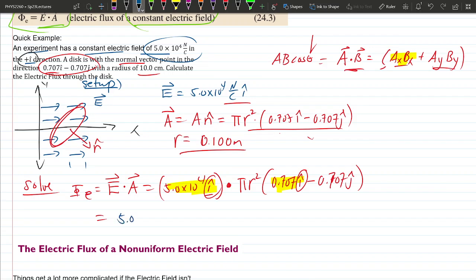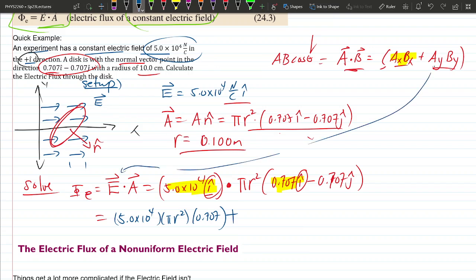So just 5.0 times 10 to the 4 times pi r squared, times 0.707, right? And add to that the y component of A. But is there a y component of the electric field? If there's no y component, that means that component is actually 0, and anything times 0 is 0, so the second part of this is actually 0, so you don't even need to compute it. Okay? So if I plug in 0.1 meter here, and I grab my calculator,